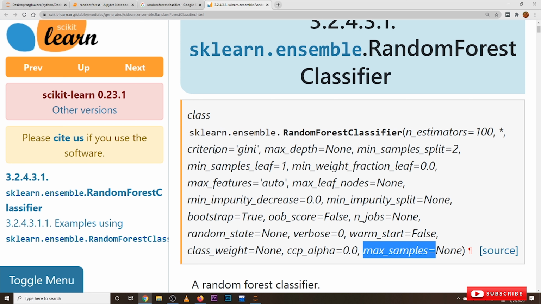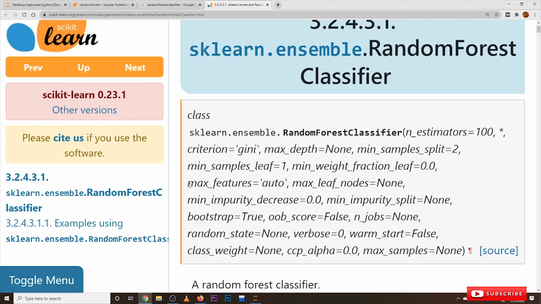Criterion equal to gini means whether you construct based on Gini impurity or entropy value. Max_depth equal to None means it will take the maximum depth. Here in random forest we leave it as None, because random forest is applied on a high variance model. High variance means maximum depth, so leave it like that.